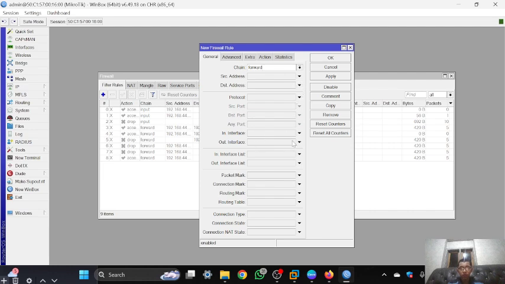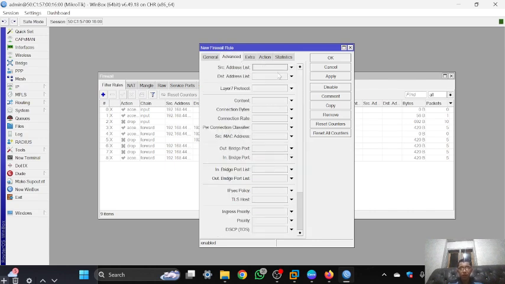And the out interface is Ethernet 1, and the protocol is TCP because YouTube uses HTTPS, and the destination port is 443 because HTTPS uses port 443.